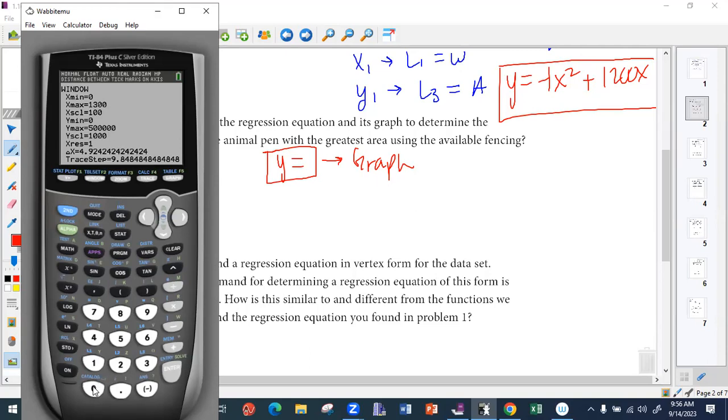I used a little bit of math sense and a little bit of common sense to come to a conclusion so that I'm not zooming in and out too much. If I have data that I'm analyzing, I can use that data to determine what is going to be the best window for my graph. So then when I go to graph,